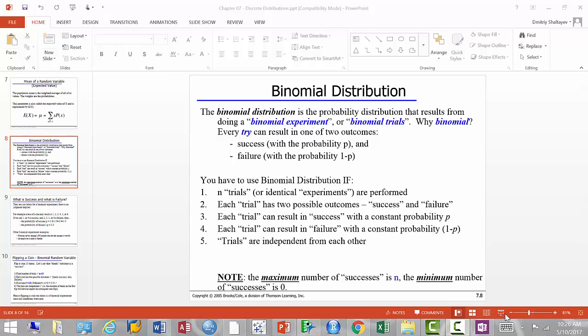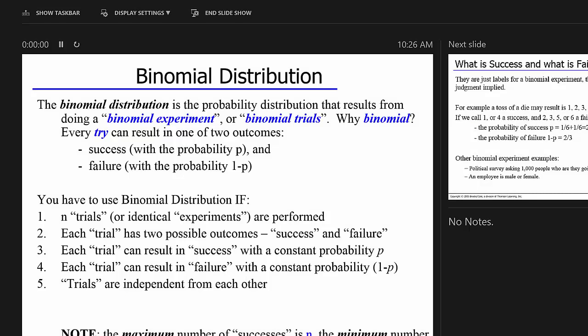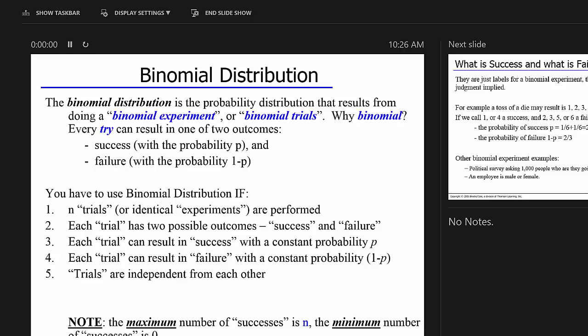All right, now let's discuss a specific discrete distribution, which actually plays a pretty important role in statistics, okay? It's called the binomial distribution. What's a binomial distribution? Well, when you hear the word bi, it means two, right? So it's a two-nomial distribution. The reason why it's called binomial is because we really,